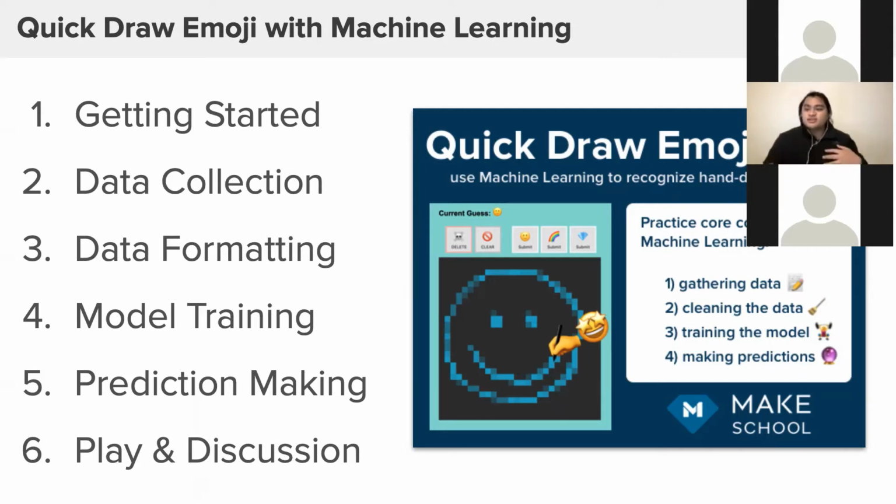That's why we'll be going over data formatting in more depth, because that's what the model will do in saying, okay, user 1 draws the smiley face this way, user 2 draws the smiley face another way. So it formats that data as well as trains the model. The model will train itself to learn the different definitions of an emoji, or the different considerations of what a happy face would look like, right? And then it keeps going and going, and the model will train itself until it makes an accurate prediction of what we're drawing.